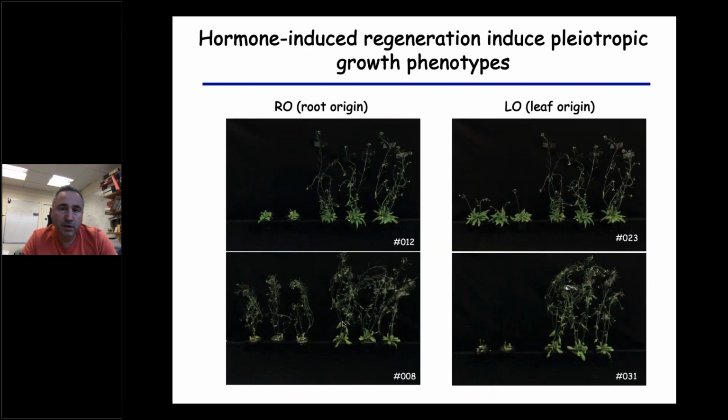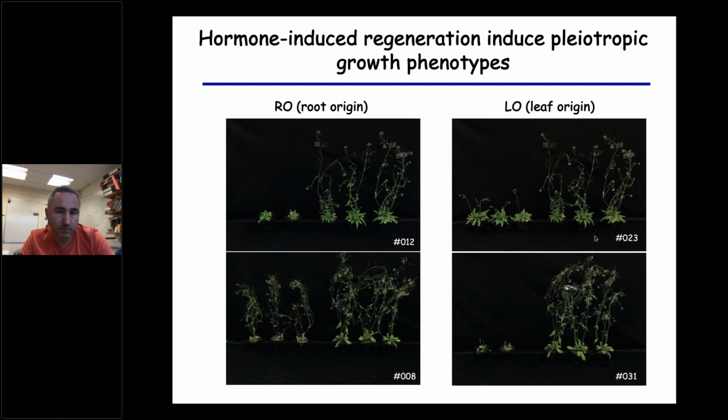What's interesting is that Anjar in my group took some of these plants, grew them over several generations sexually, and what he found is that plants that came from either roots or leaves and regenerated with hormones accumulated a lot of pleiotropic developmental phenotypes, what you can see here. And these phenotypes were stable across generations, suggesting that they could be associated with either genetic or epigenetic mutations in